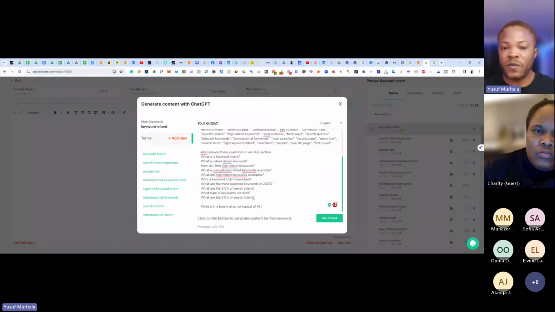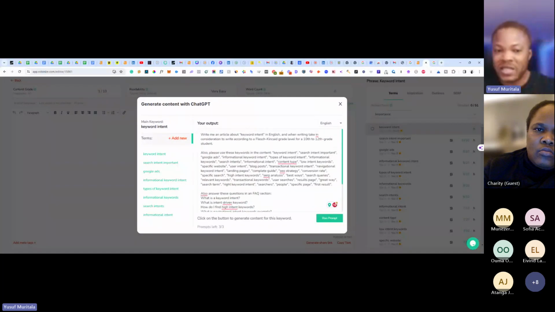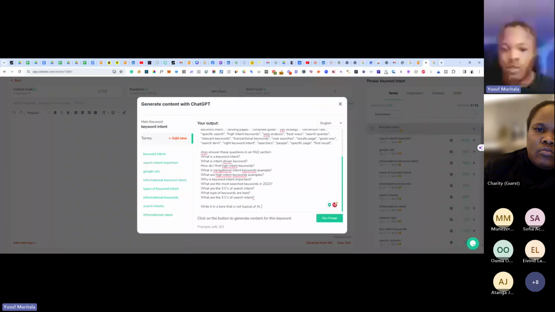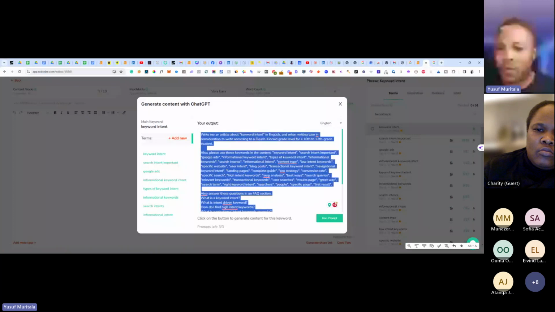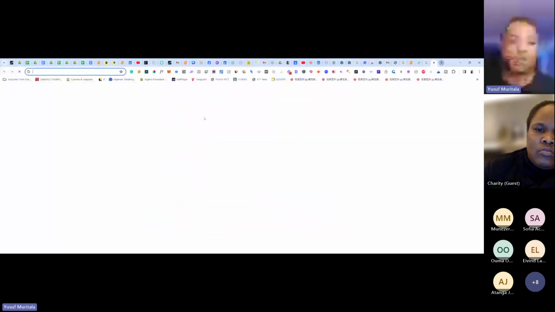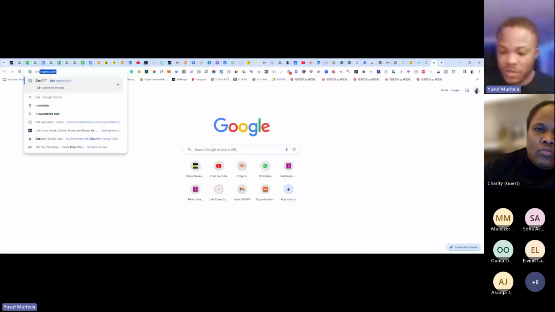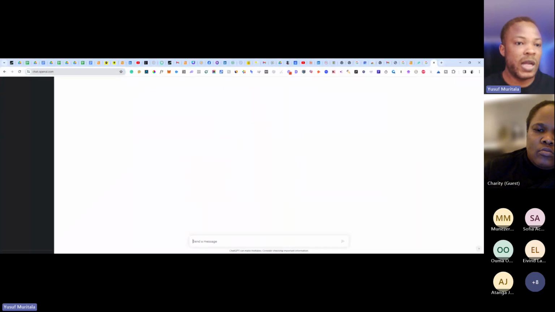And also for the frequently asked questions section, we also already pulled it out for us. So ChatGPT is going to give us the answer to this question. You understand? And the content is going to be generated for us, right? So for me, I don't run it directly. I just copy it, and then I come to ChatGPT. I use ChatGPT a lot.